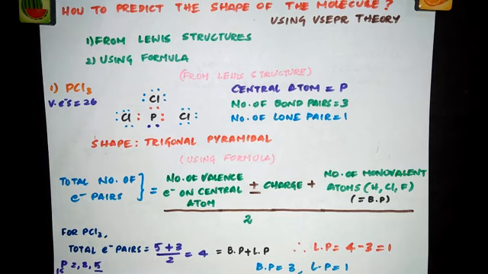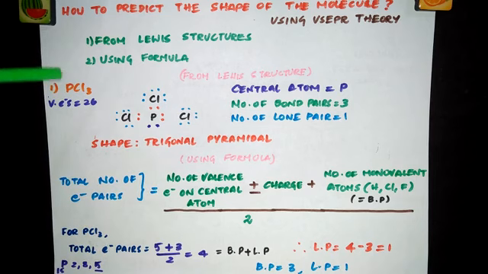So once you know the number of bond pairs and lone pairs, just now we have seen a list of shapes that the molecule can have. So you can decide what the shape of the molecule will be once you find out the number of electron pairs. So first method is from Lewis structures, and I've given a video on how to draw the Lewis structures of some molecules and ions. So we are going to follow the same method.